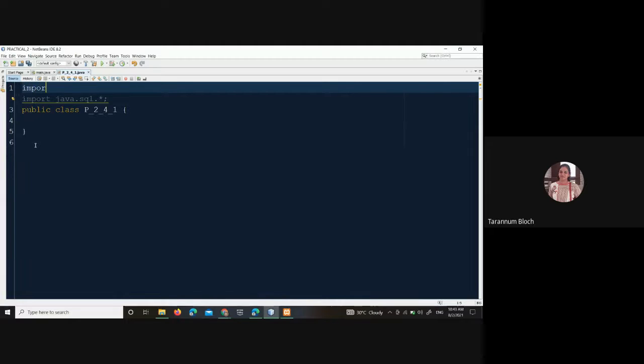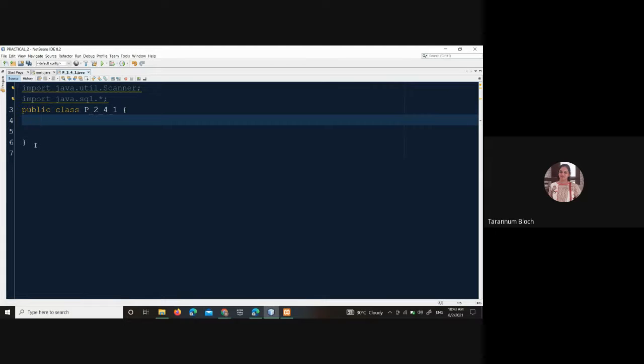Import java.sql.*, and you have to write import java.util.Scanner. Scanner, S is capital. Okay.